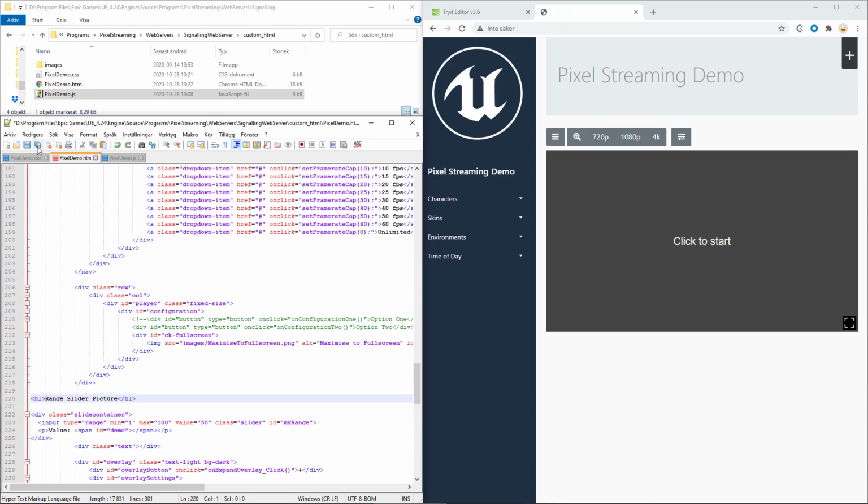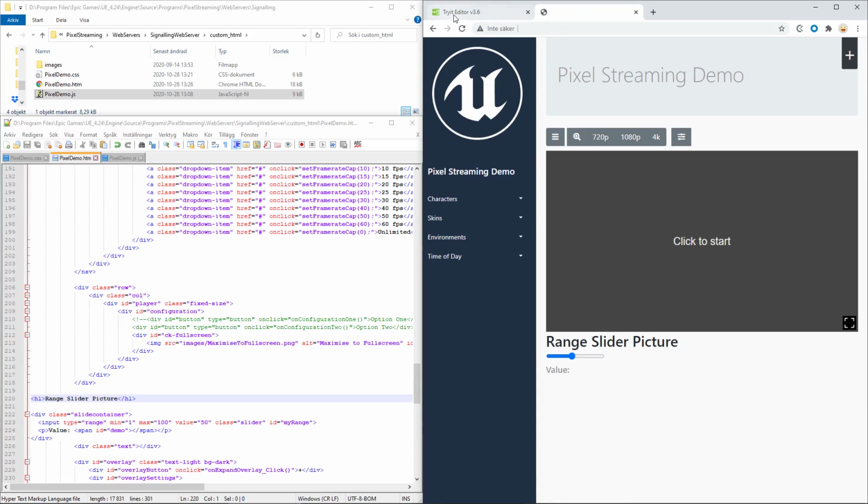And whenever I save this, without having to add anything else to the CSS and JavaScript file, a slider with the title range slider picture should be right here. Now this is generally how sliders in HTML look by default.